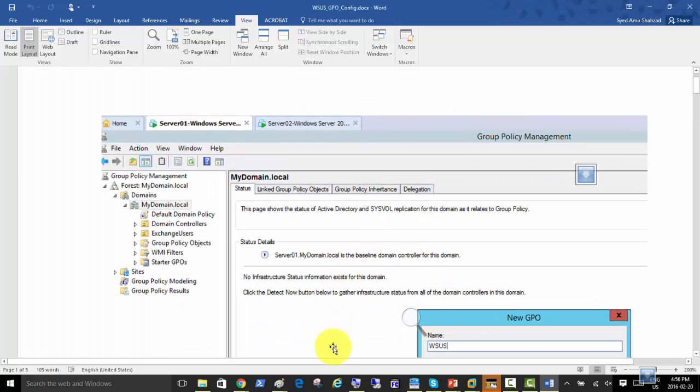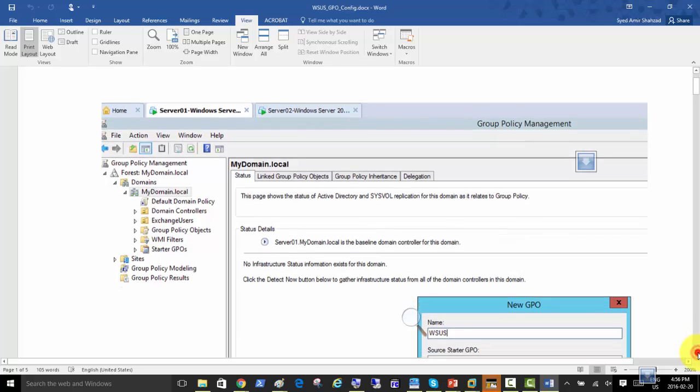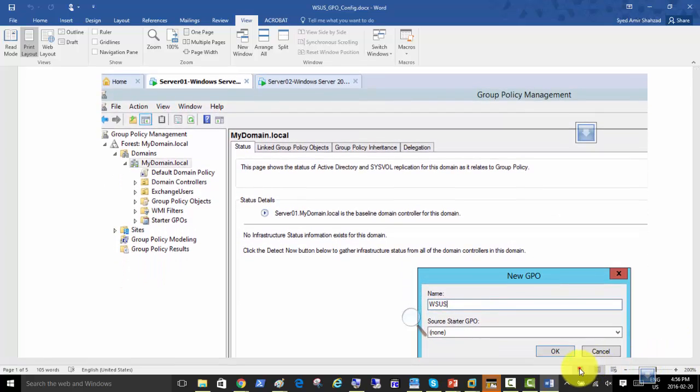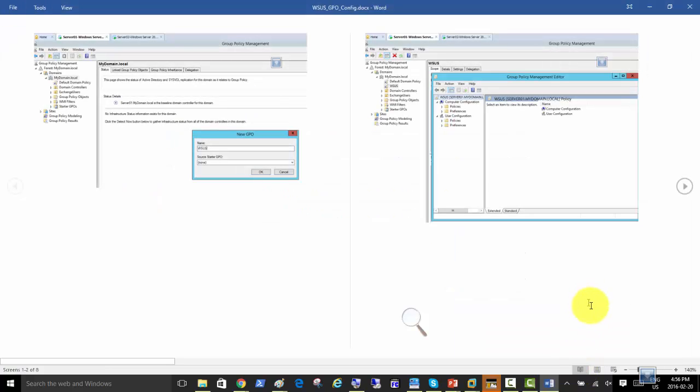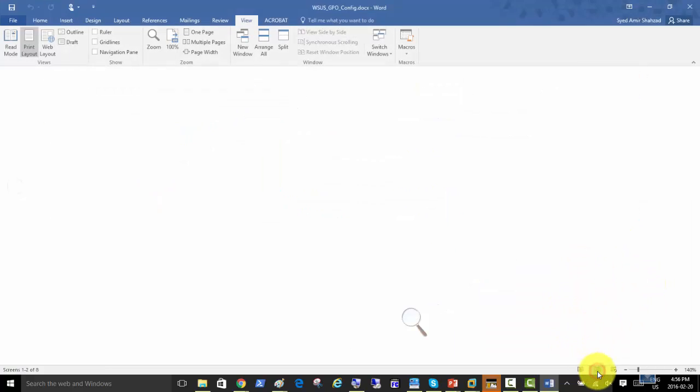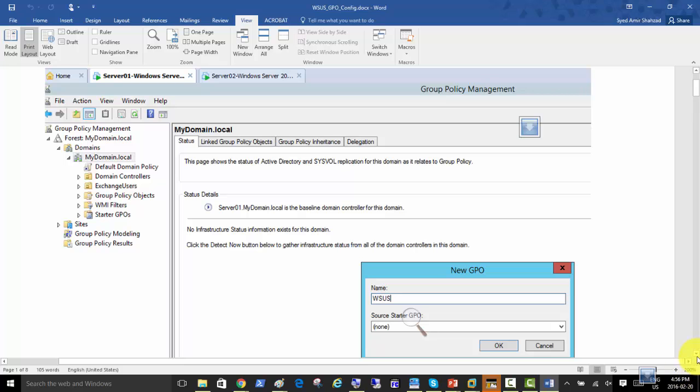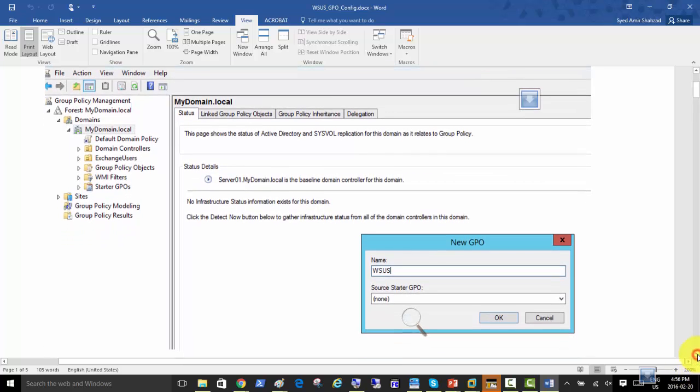All right, so first of all, we're going to go inside the group policy, then we're going to create a new policy called WSUS. If I put it on book shape, it looks so good, but it's not good. So I'm just going to go back. First, we create a policy called WSUS. Second thing,